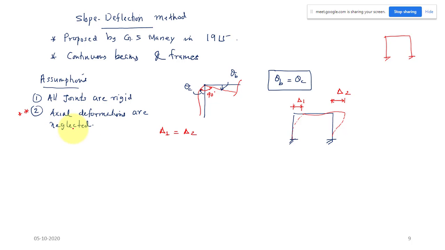While solving you get the advantage because of this assumption, and this assumption is also valid. Why is it valid? There is no significant axial force in the member, so axial deformation you can take as 0. Actually it won't be exactly 0, there will be some small changes, like this may be 50.12, this may be 50.13, or something like that. That small difference you can neglect, and if you neglect it you will get an advantage while solving the problem. If you keep that small difference, you will find the problem much more complicated. That is why this assumption is valid. We are not blindly taking the assumption. It is valid in the case of beams and frames.